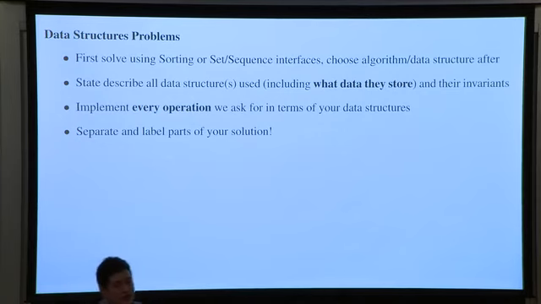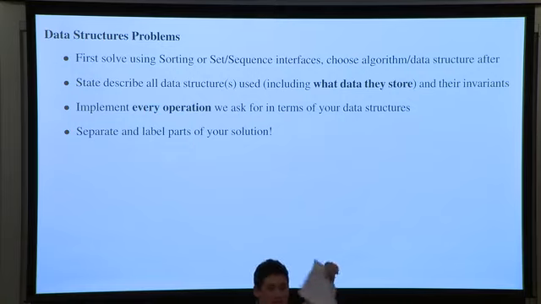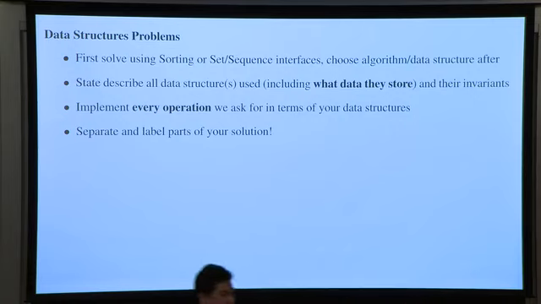OK. And their invariants, right? How we're setting up these data structures problems, usually how I solve these when I'm writing the solutions, I set you up a state of what this data structure could be at some instance. I'm going to say this data structure stores all of the things with key less than k, blah, blah, blah. And this one stores the extrinsic order of the items based on blah, blah, blah. OK. So actually, me stating what they store in that way is actually imposing some kind of invariant on these data structures that I want to maintain.